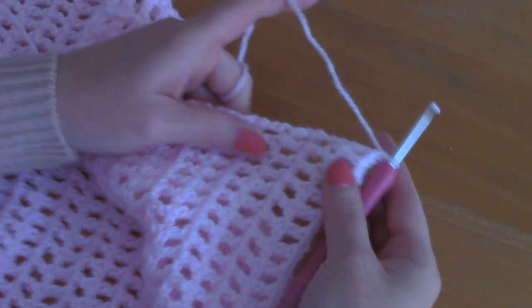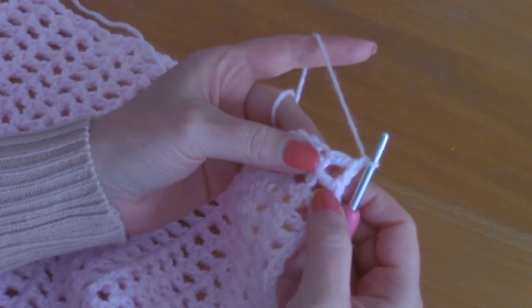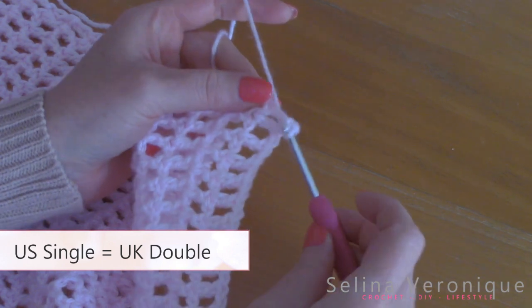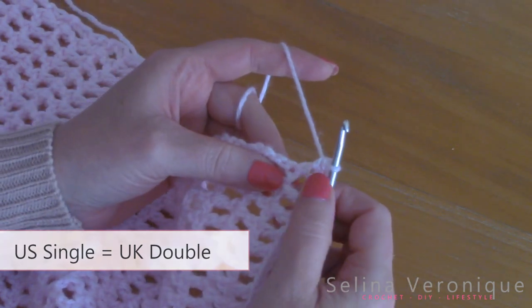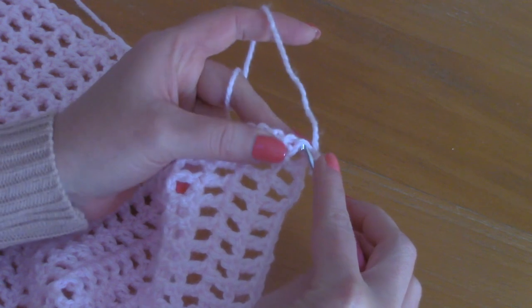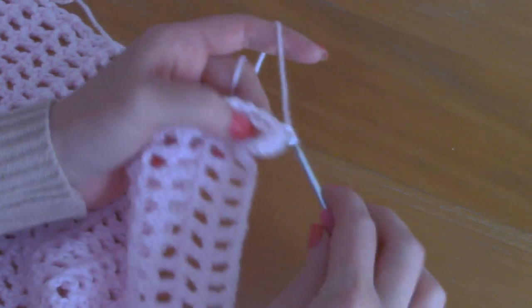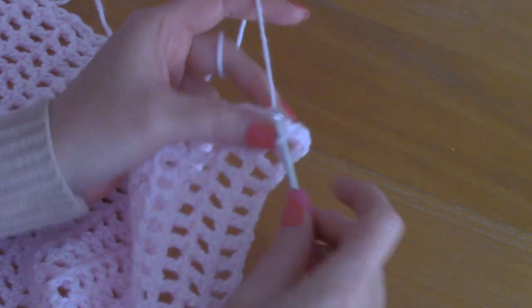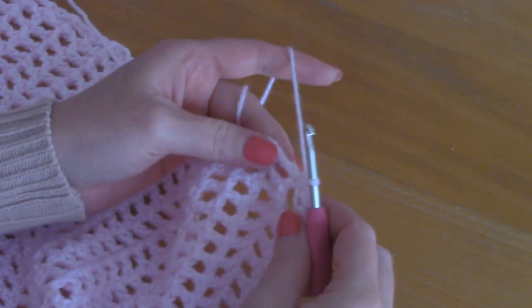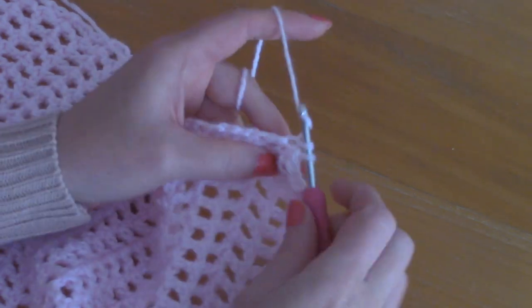I am going to zoom in. There we go. So we are going to be working along this first side, and we are going to be placing single crochets. So just go ahead and pop your hook through and place a single crochet. And this is what I call the wrong side of the stitches. So this is a row side. So just make sure that you place a single crochet evenly all across this edge so as to not tighten the project. So just go ahead and place single crochets all around this side,